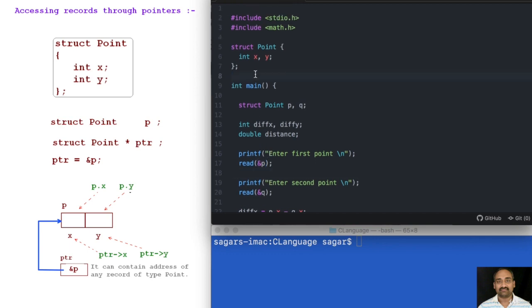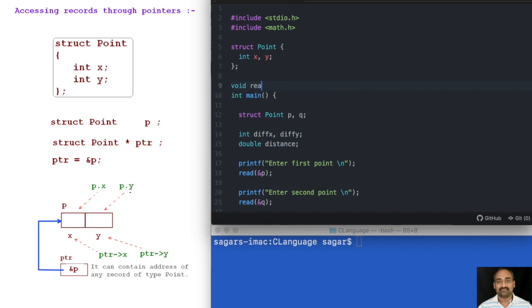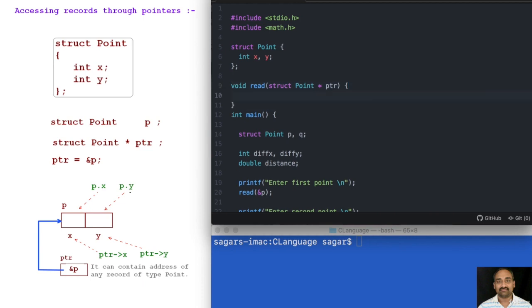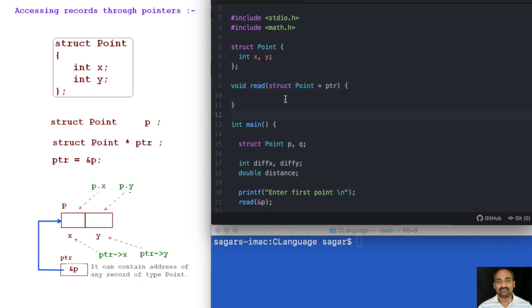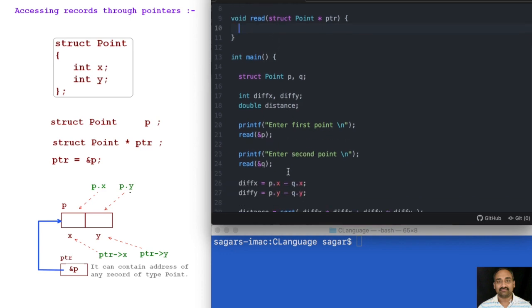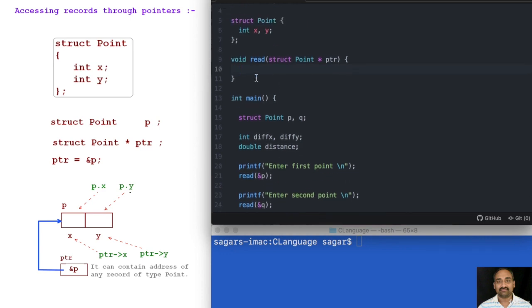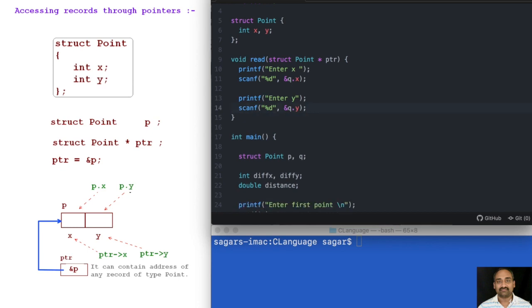So here I'm going to write a function called read which accepts a pointer to a record of type point. Now we will actually do the read scanf calls inside the read. Instead of q. or p., I will say ptr->. So this is how it is.